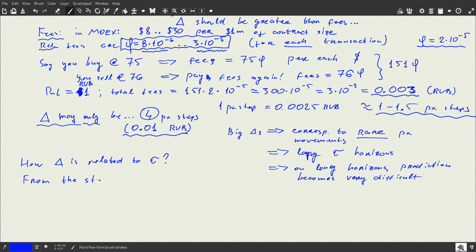I'm not going into details of how we demonstrate this, but from the stochastic process theory, we can say that a price movement